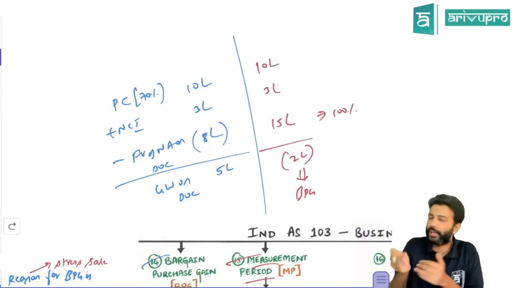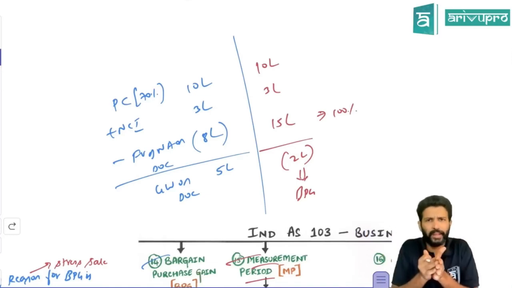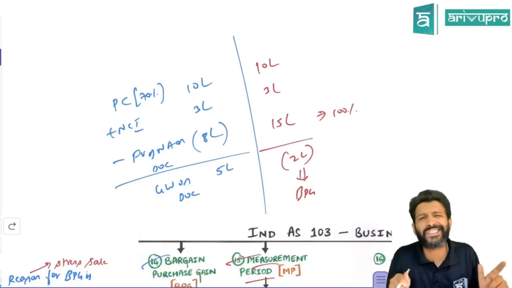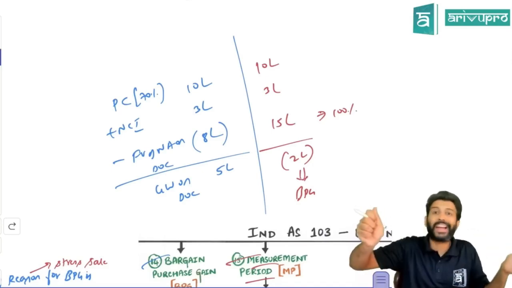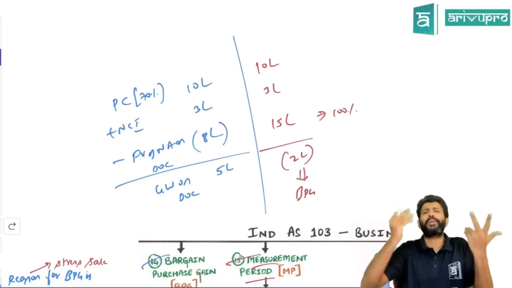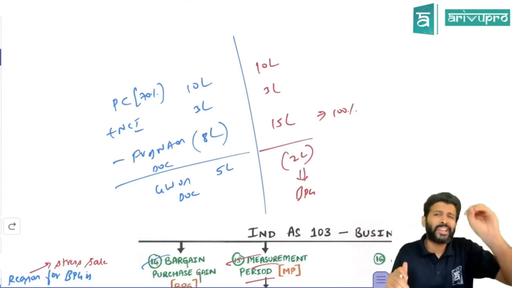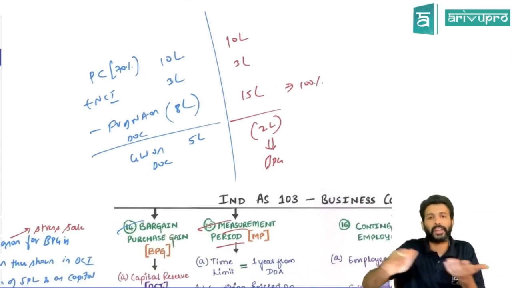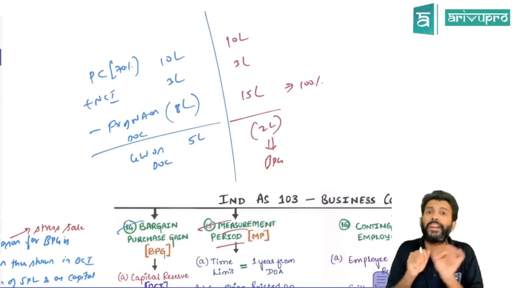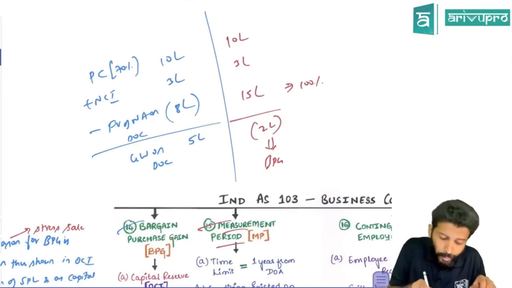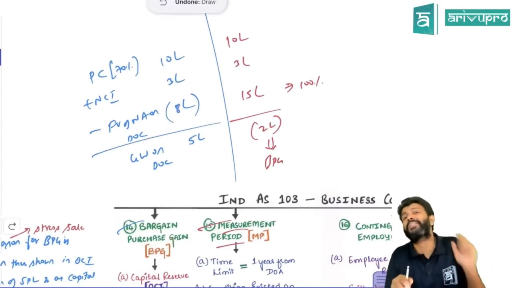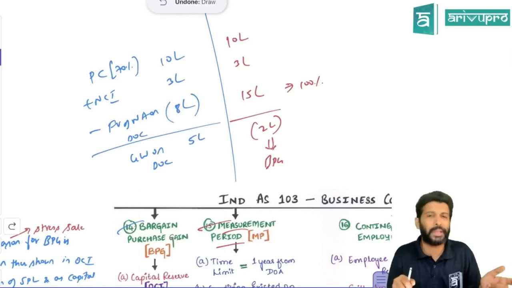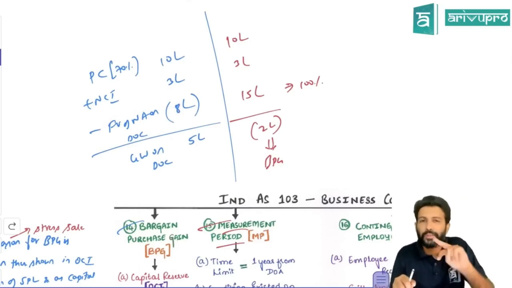Once you do a business combination, that is also a time-bound activity, right? Both the companies would like to finish this transaction as soon as possible. They don't want to drag it, because there will be too much cost involved. So IND AS 103 recognizes that companies will be in a rush to complete the business combination. So you may not have enough time to find the fair value of all the net assets properly. Hence, IND AS 103 gives you an extra leeway.